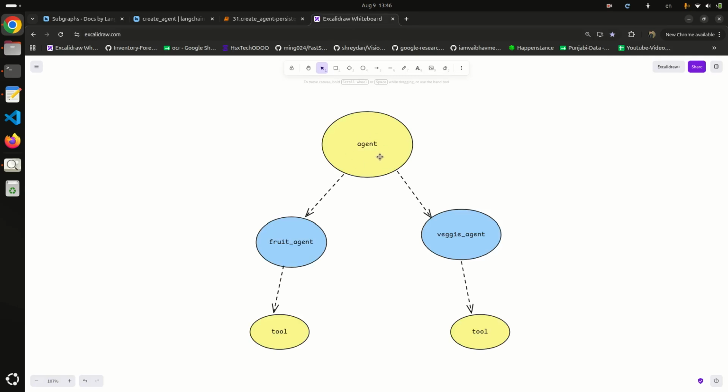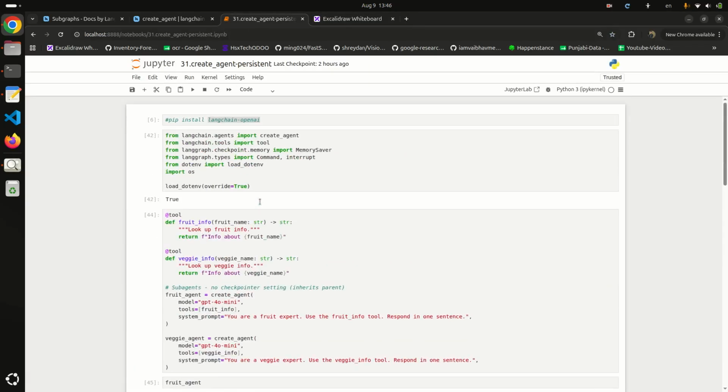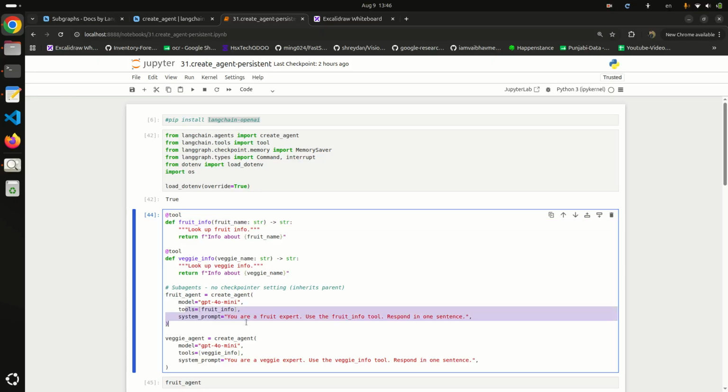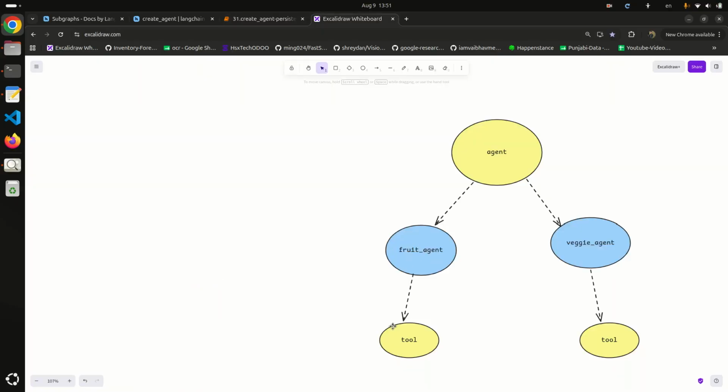So it is our main agent. We ask about apples. So this main agent has two tools. Basically these are the two agents. So apple is a fruit, so it will call the fruit agent, and it called it. And the fruit agent has another tool, its name is fruit info. So let me show you. It is the fruit info tool attached to this fruit agent. When this fruit agent calls the fruit info tool, from this tool it got a message. So that is info about apples.